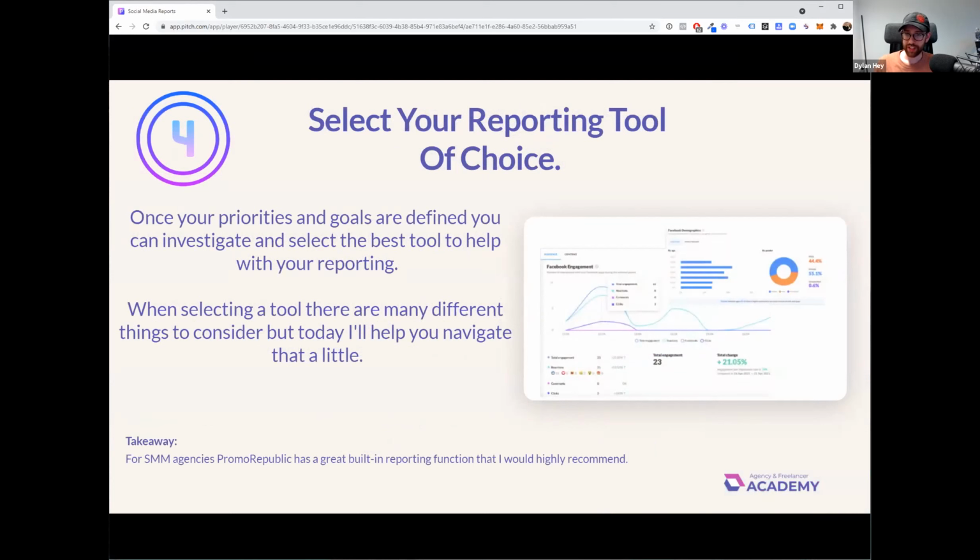And then the fourth point is to select your reporting tool of choice. So once your priorities and goals are defined, you can then, and only at that point, select the best tool to help you with your reporting, or how you're going to structure your reporting. There are so many different options to consider and different things to consider when choosing a reporting tool or something